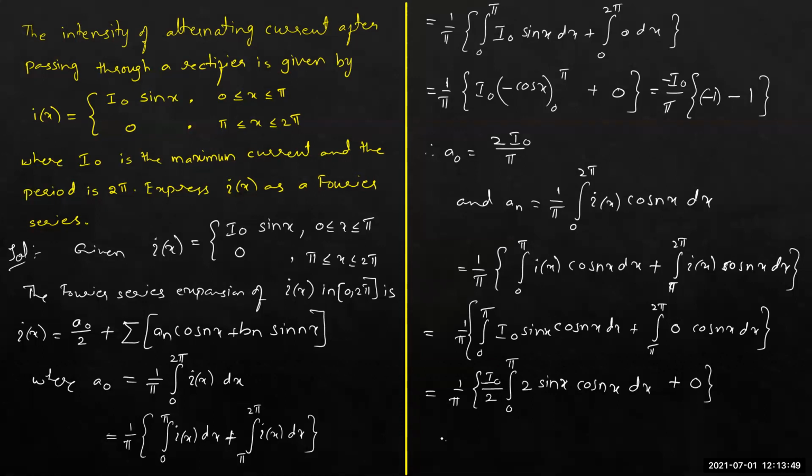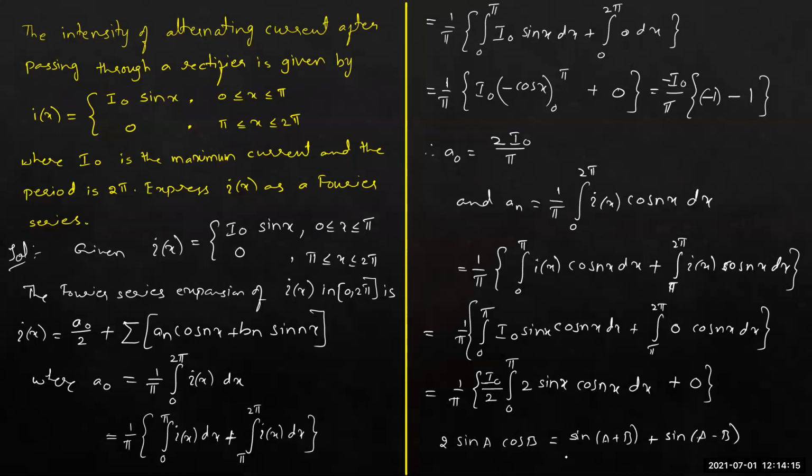Now see how it is, just like 2 sin a cos b. If you use this formula, I've already shared one document with you. This formula is available even in that document. You can make use of that. When it is 2 sin a cos b, we can write it as sine of a plus b plus sine of a minus b.